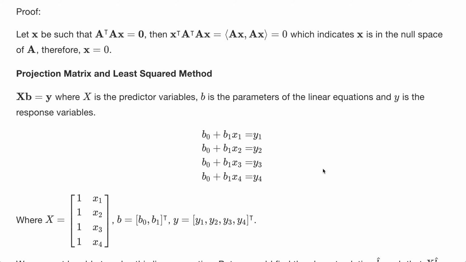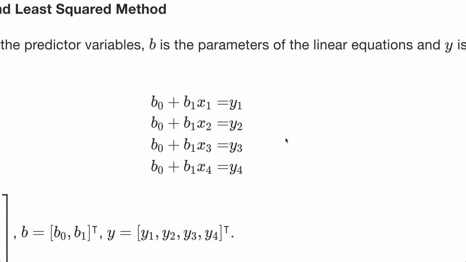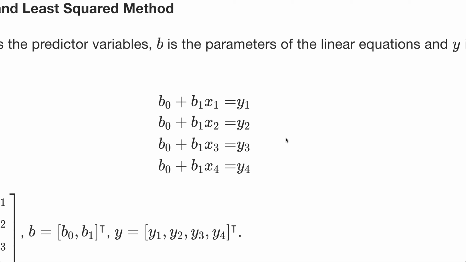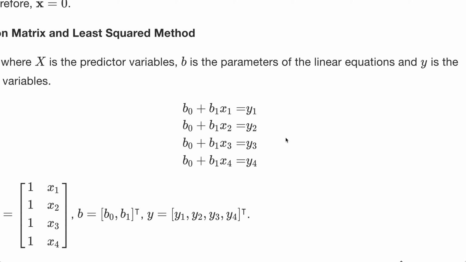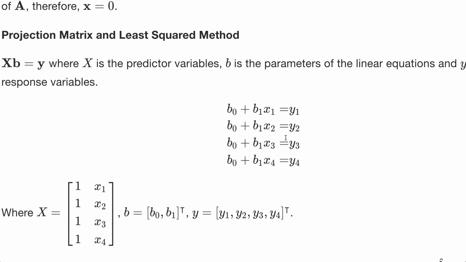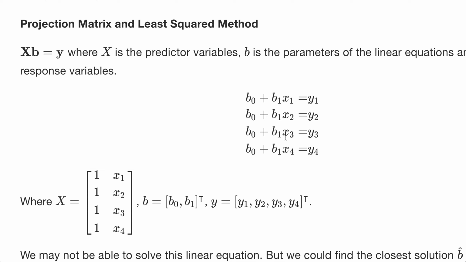Let's first look at these equations. B0 and B1 are the parameters we want to estimate for the linear function, x1 to x4 are the predictor variables, and y1 to y4 are the response variables. I want to find the B0 and B1 so that this equation has a solution. In most cases, it doesn't have a solution. So instead of finding a solution of this series of equations, we want to find a B0 and B1 such that